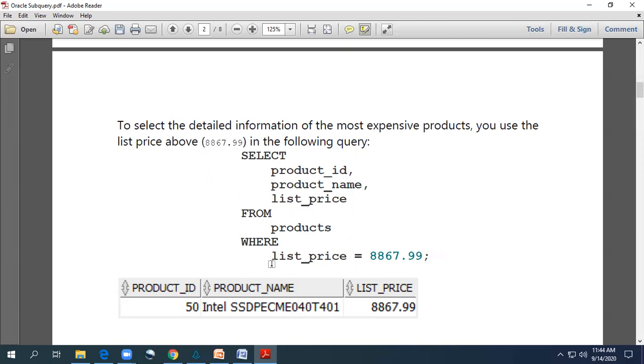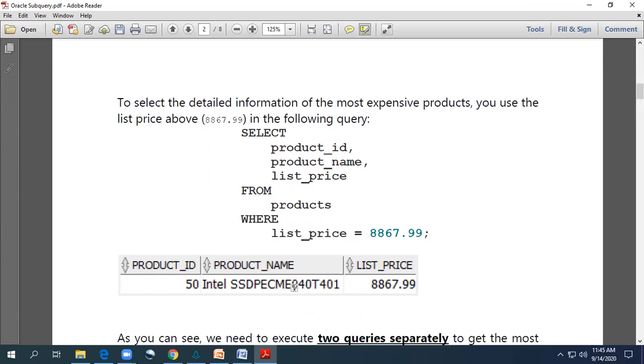If you note down here, student, my subquery can be used in the select clause, from clause, and where clause. As per your application requirement to solve the queries, you can use the subquery in the select clause, from clause, and also in the where clause. I hope you are clear with this. If you execute this query, there will not be any error. You only need to find the maximum list price of the product that we are passing as a condition in the where clause.